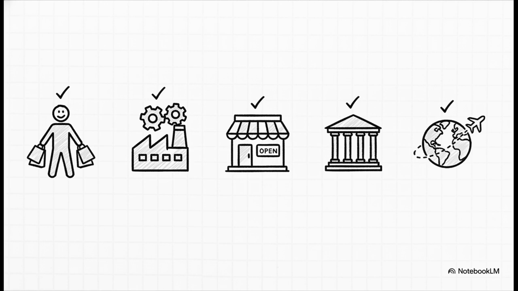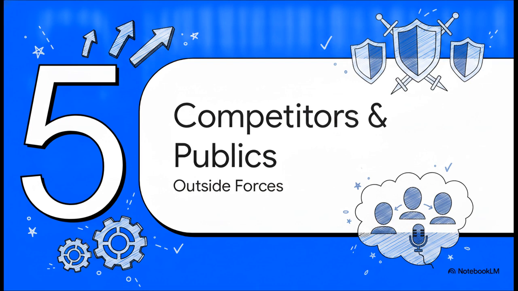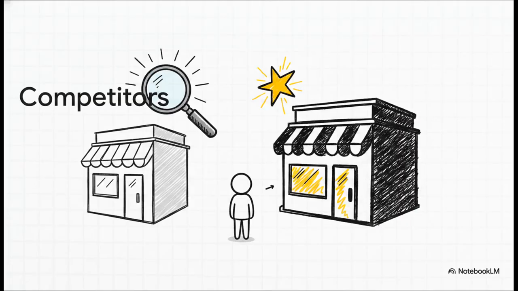Remember, every single one of these market types has special characteristics, and they each call for careful, dedicated study by the seller. Section 5, Competitors and the Publics. Let's move along and see how this builds into our understanding of the remaining outside forces. Competitors are basically other businesses out there offering the exact same or very similar goods and services to your target customers. To actually be successful, a company has to provide greater customer value and satisfaction than its competitors do.